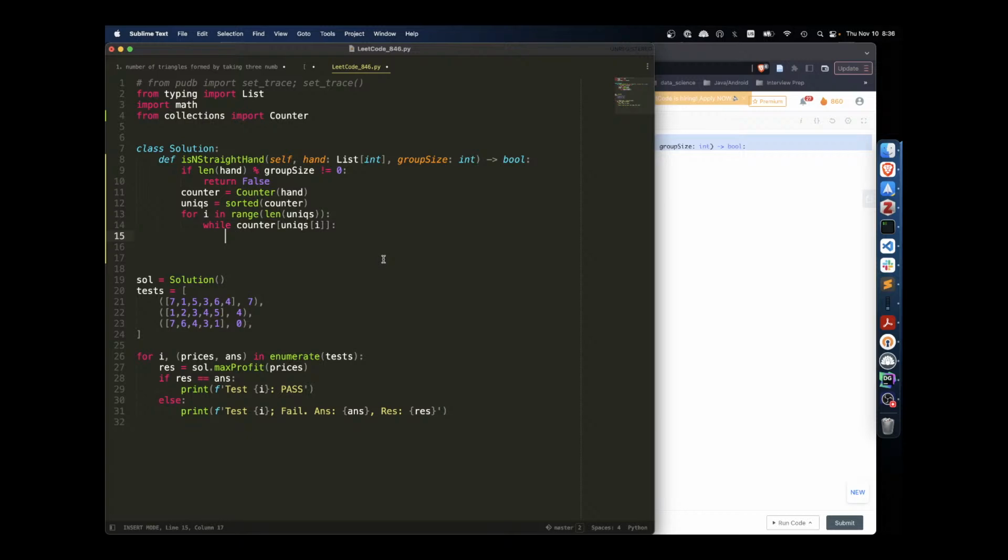If we find something and a counter is 1, then we need to know if they're all good. And that one we can do in O(group size), right? We'll loop through so we know, okay, they're good. And then